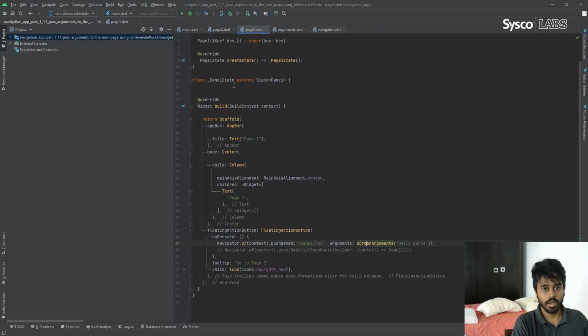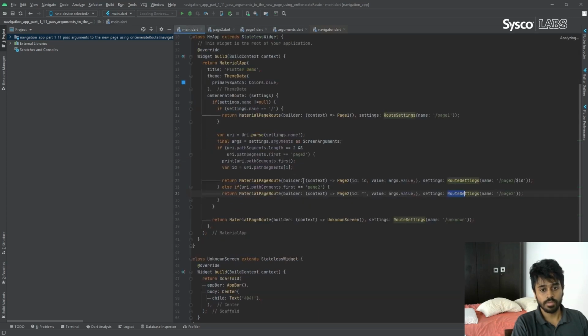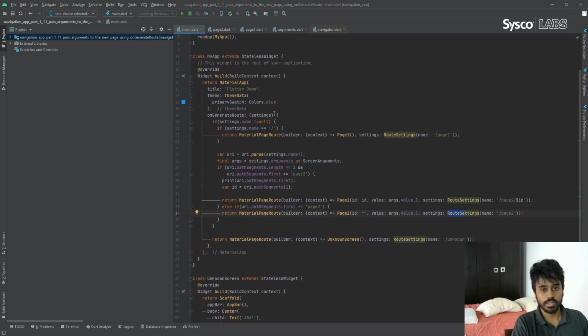But now we cannot access these arguments here. So we need to access these arguments in the onGenerate method, and like before you can use this ScreenArguments class.